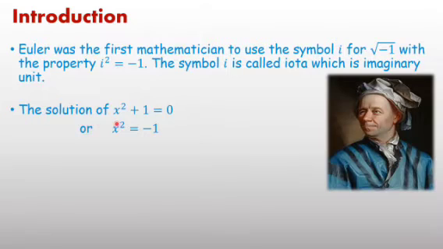In this situation, the solution of the quadratic equation x square plus 1 equal to 0 we can write as x square equal to minus 1, or x equal to plus minus under root minus 1, and for under root minus 1 the symbol i is taken, therefore we can write plus minus i. It implies there are two values of x, i and minus i, for which x square equal to minus 1. But remember, there is no real value of x for which x square equal to minus 1. Here you are getting the value of x as i and minus i. These numbers are known as imaginary numbers. These are not real numbers.